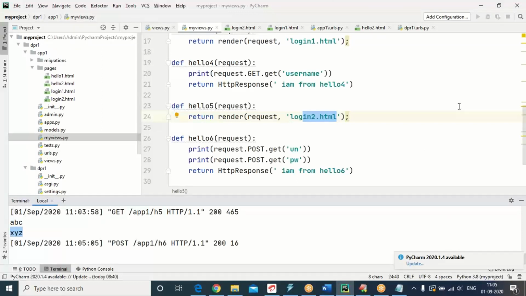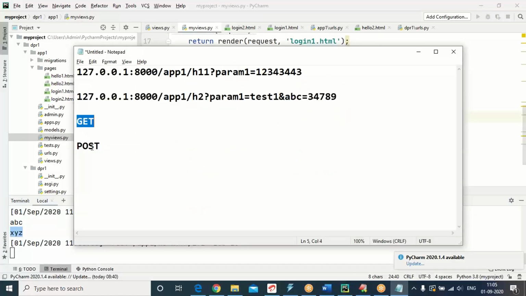These are the two ways to read input inside a server. One is method is equal to get, other is method is equal to post. Get means from a browser address bar and also default method type and also method explicitly get. The second one is widely used. Whenever login form, registration form, search form, customer form, any form, order form, we will be going for post.